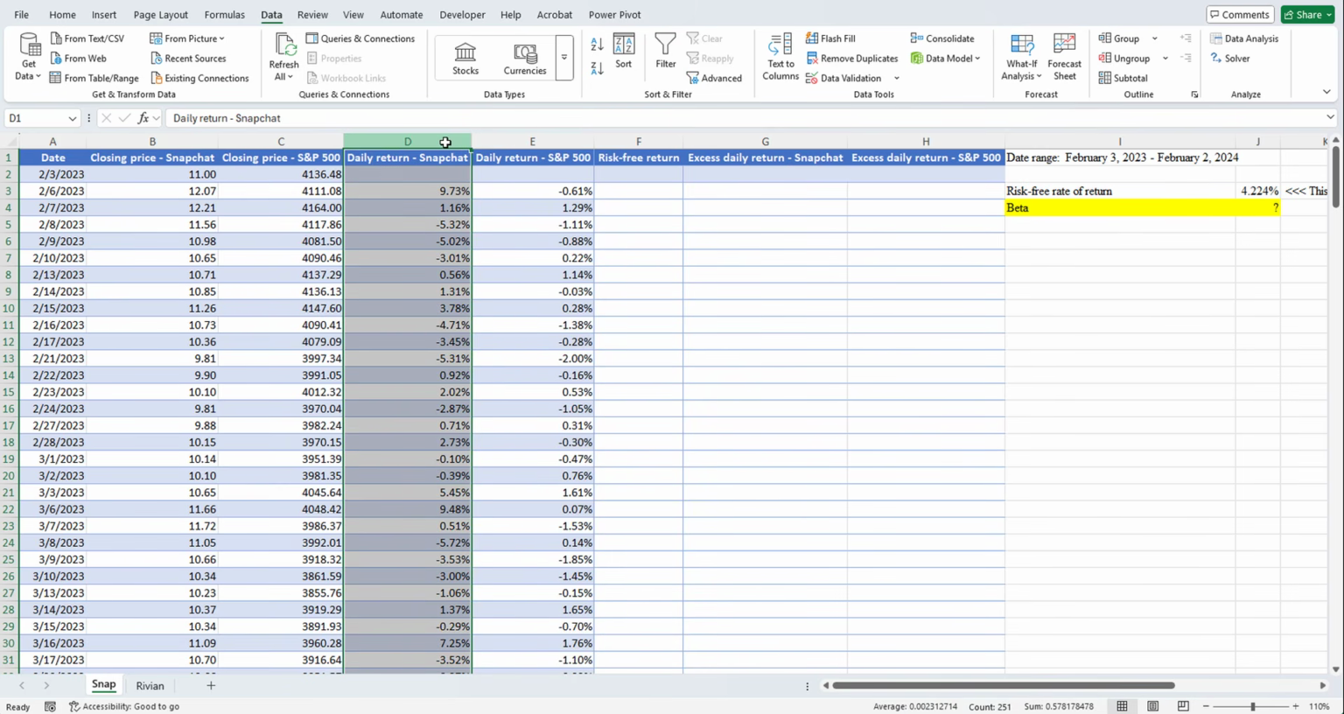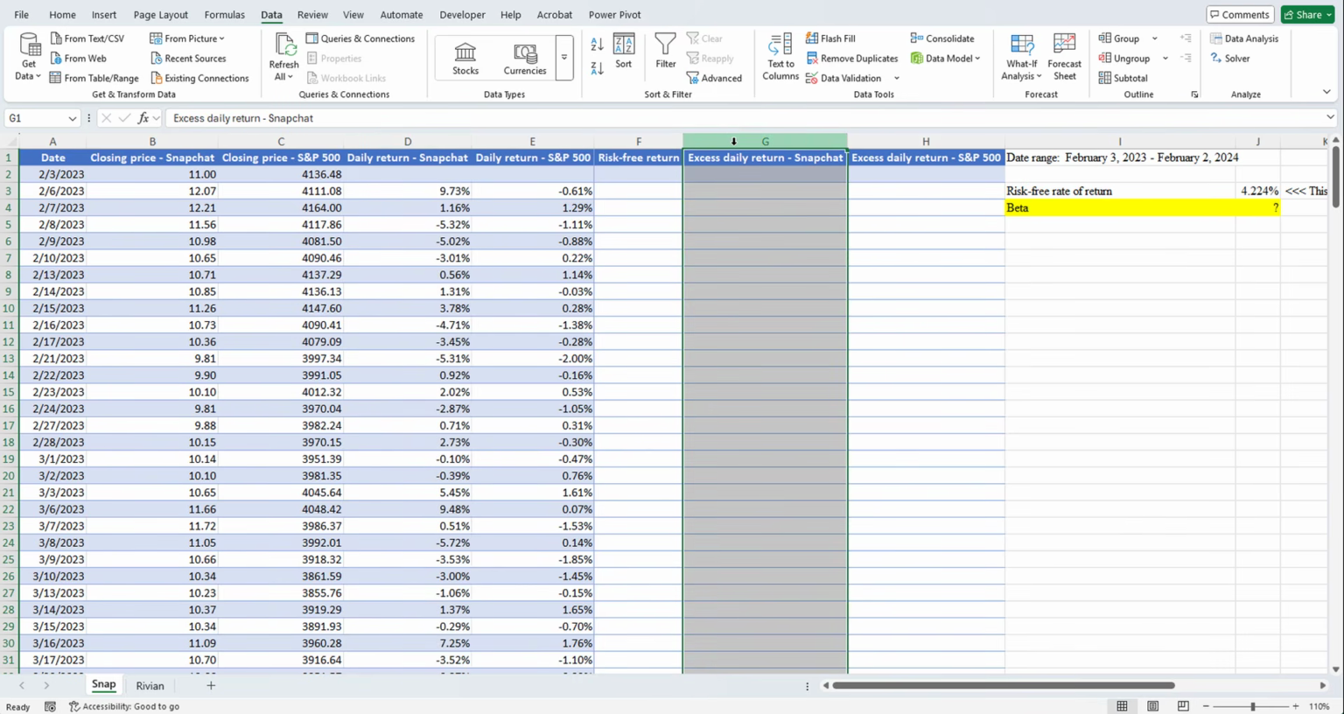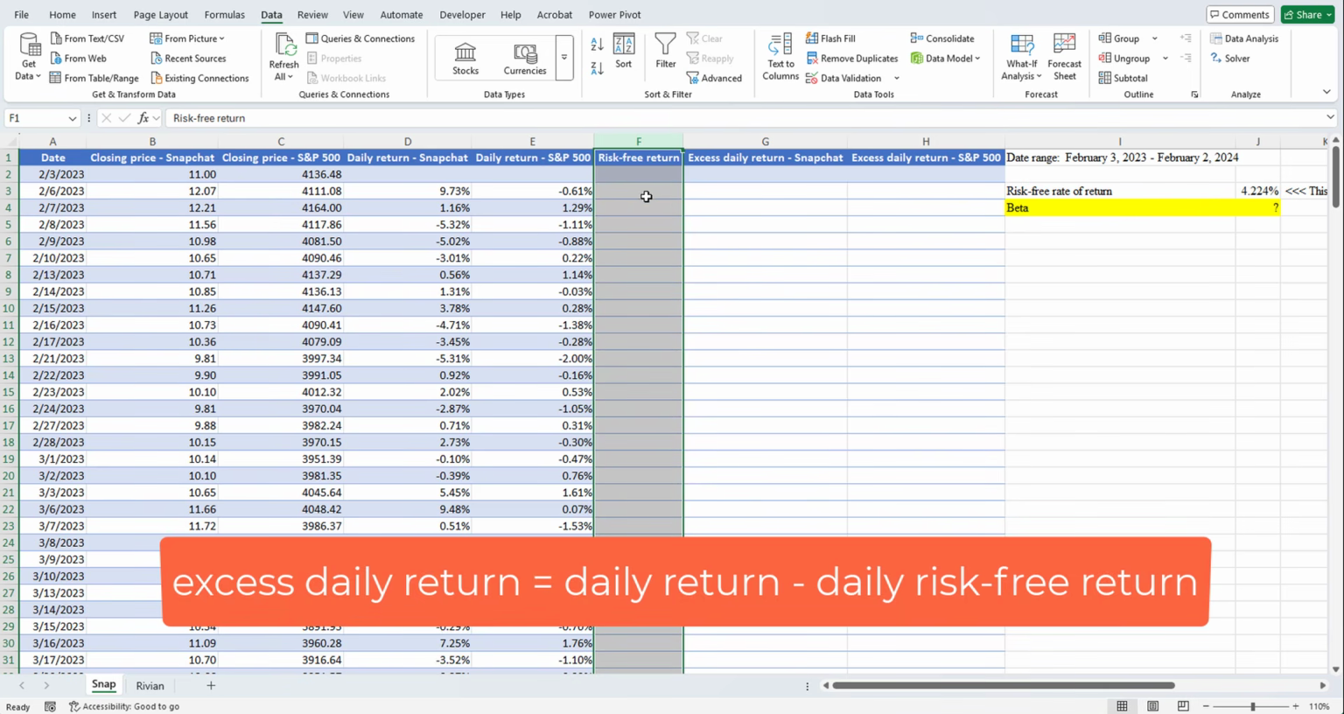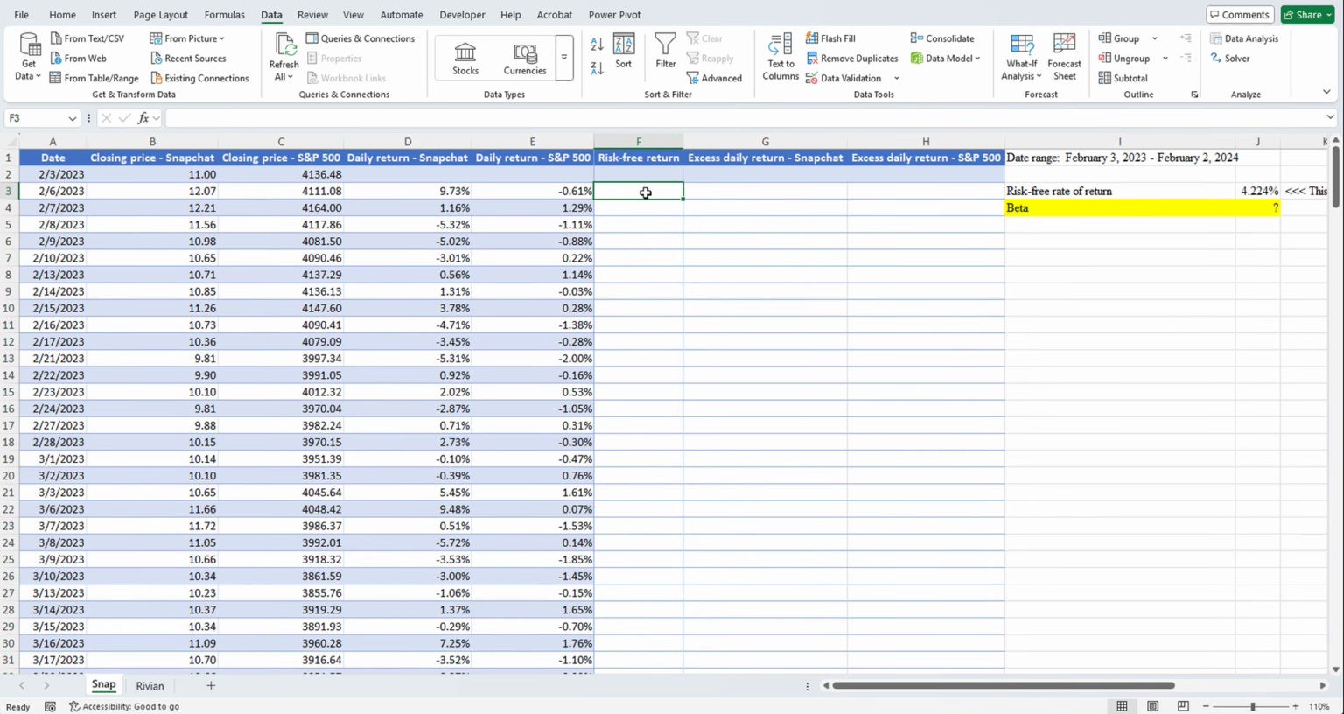But we're not done. We're going to need to calculate the excess daily return for Snapchat and the S&P 500. And you might be thinking, excess over what? Excess over the risk-free rate of return. Now, you're going to have to estimate the risk-free rate of return. You could use the rate of return for a short-term treasury bill, a 30-year bond, whatever. I used the rate of return for a 30-year U.S. treasury bond as of February 2nd, 2024, and that was 4.224%. But I can't just put in 4.224% here for every day